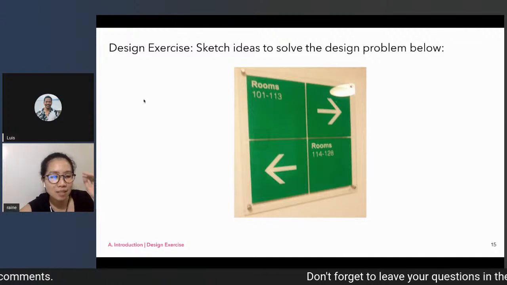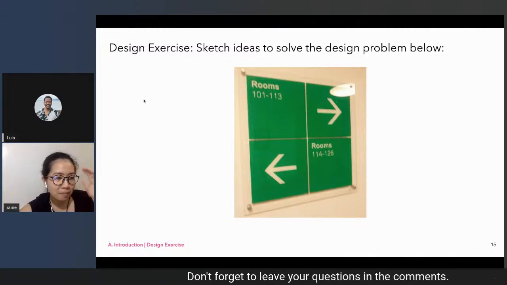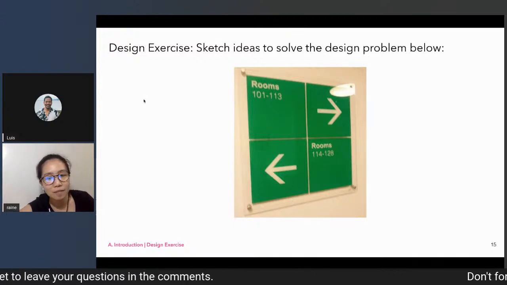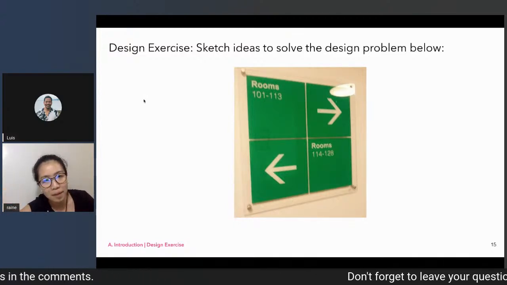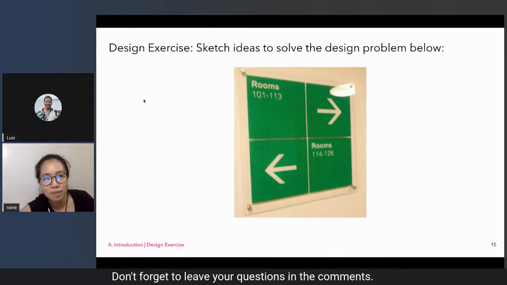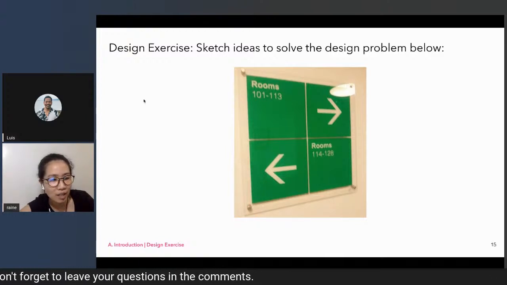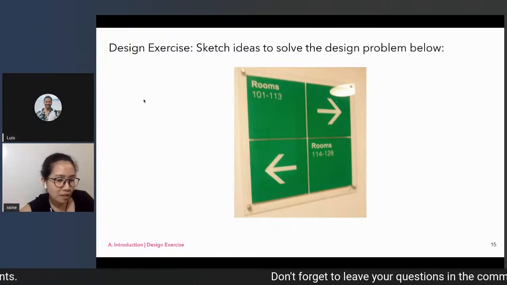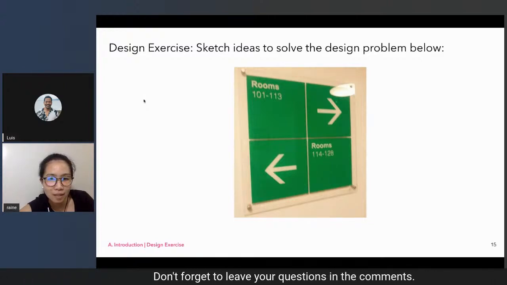I have three exercises here. Feel free to comment, and if you can, get a paper and a pen and try to solve this problem. I have here three challenges. These are just simple. What do you think about this one?